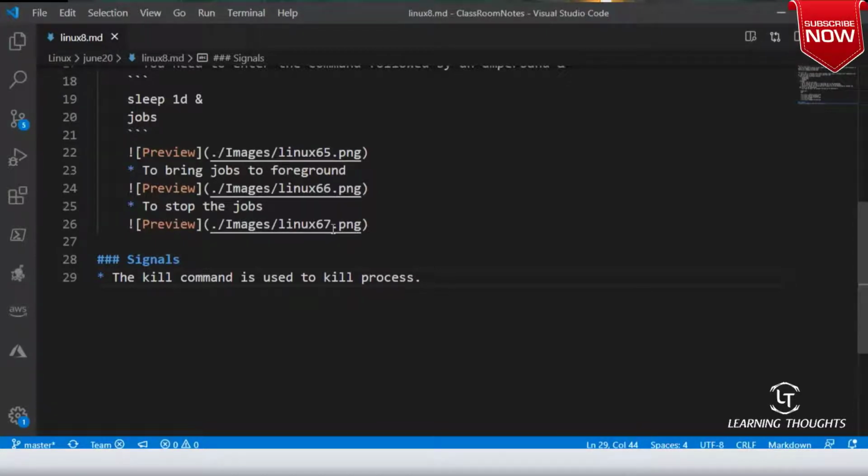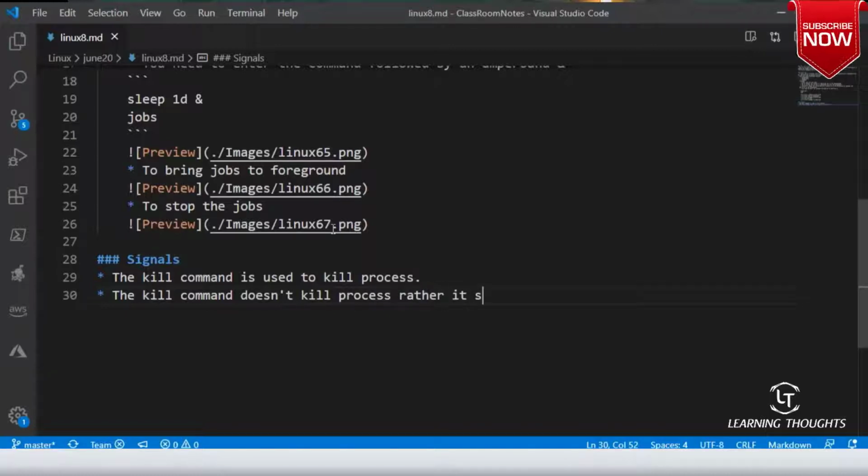So what happens when you execute kill? The kill command doesn't kill processes. Rather, it sends signals. Am I clear on this? Kill will not kill the commands, but it will send signals.